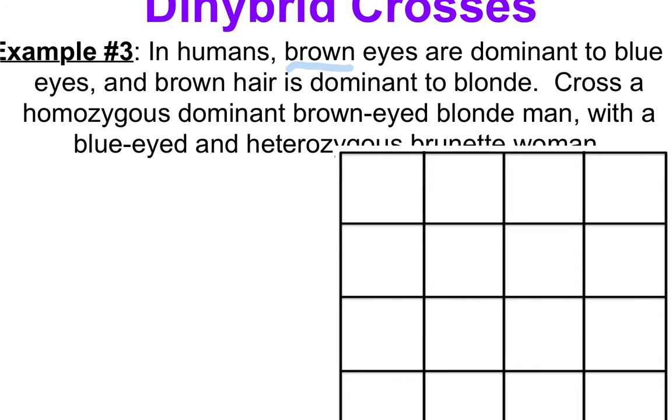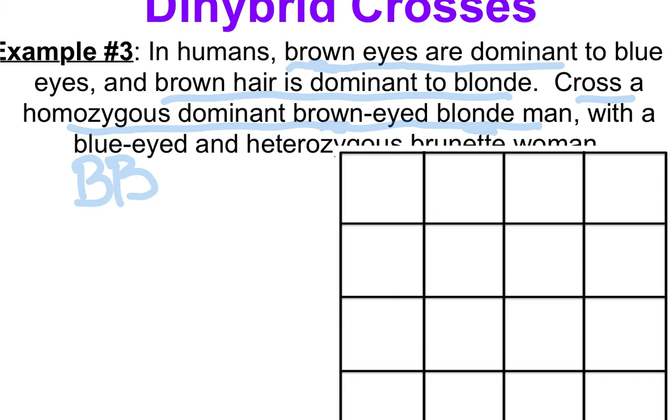Here we have humans. Humans have brown eyes dominant to blue eyes, and brown hair is dominant to blonde hair. Okay, so it says cross a homozygous dominant brown-eyed blonde man. So brown-eyed, homozygous dominant, so we're going to go big B, and he's a blonde man, and brown hair is dominant to blonde hair, so his blonde hair is going to be, we're just going to use F's, little f. He's homozygous recessive for blonde hair,